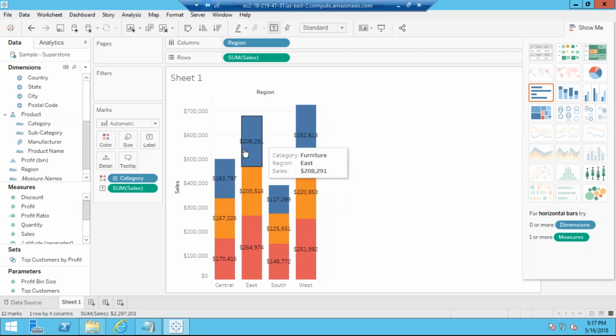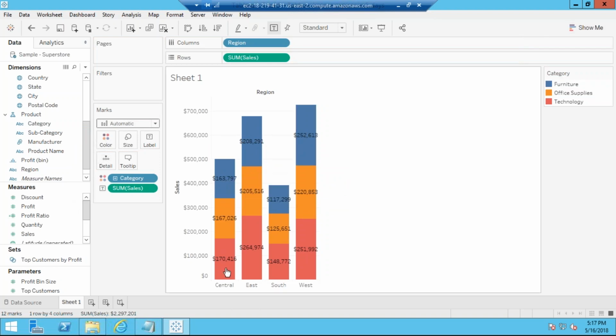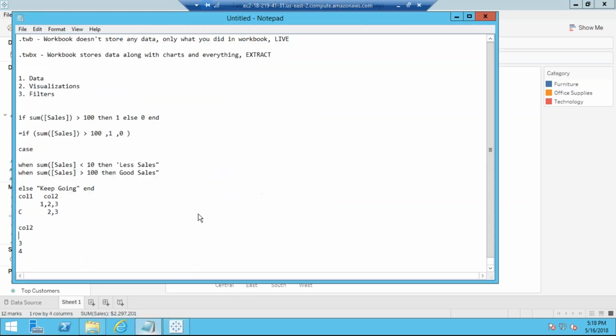Okay, so here you see what I'm getting: regional sales. Earlier I was having complete sales, but now the complete sales of every region is divided into categories. This is called a stacked bar chart. The earlier one, where the full bars are there, is normally called a bar chart. These sections are created in this, so this is called a stacked bar chart. Make sure that you remember the terms.